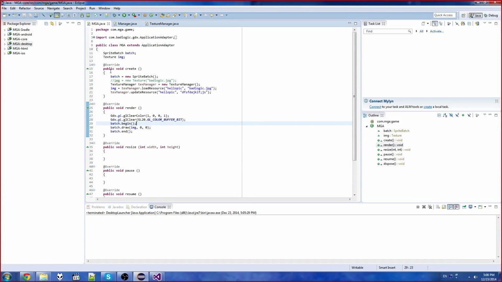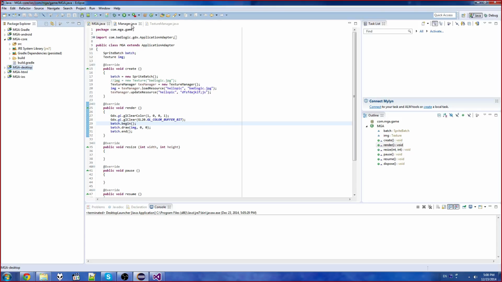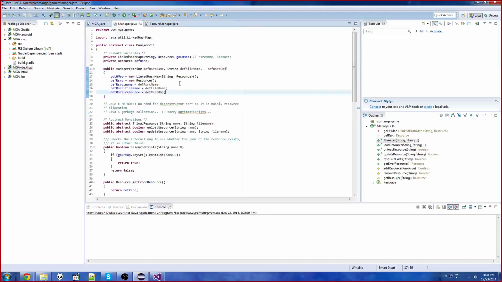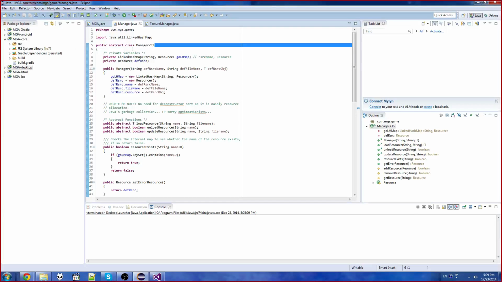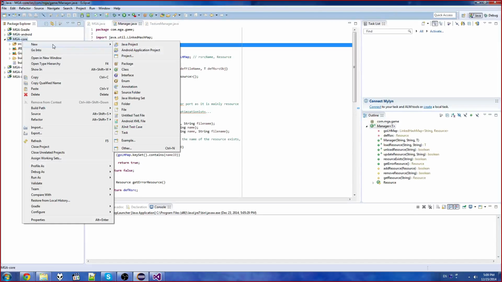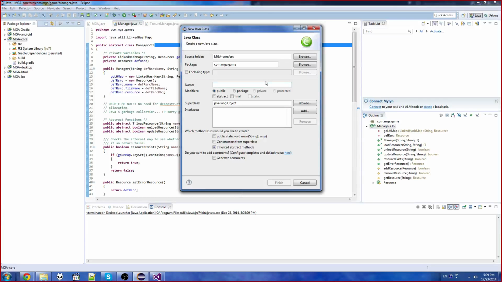Alright, so today we're going to create the Sprite handler. Much like the manager class, it is actually very similar. You need to have a base class, and then we'll extend that base class. So that's what we're going to do. We're going to create a new class, and we're going to call that the